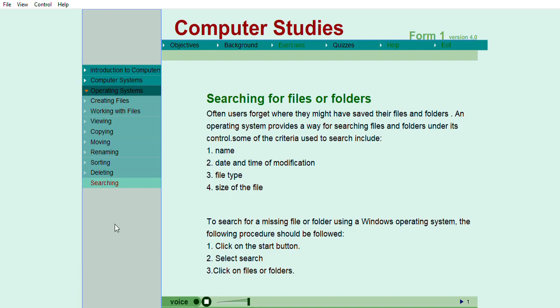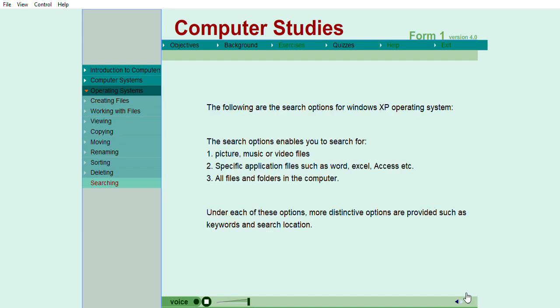Often, users forget where they might have saved their files and folders. An operating system provides a way for searching files and